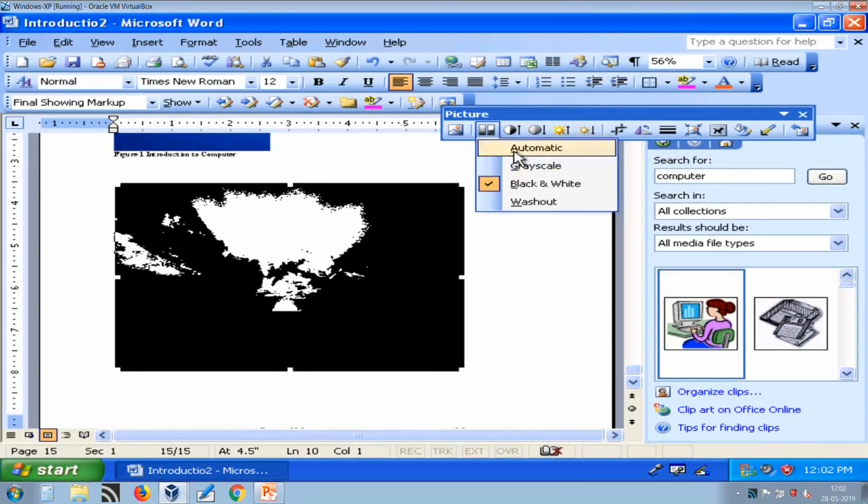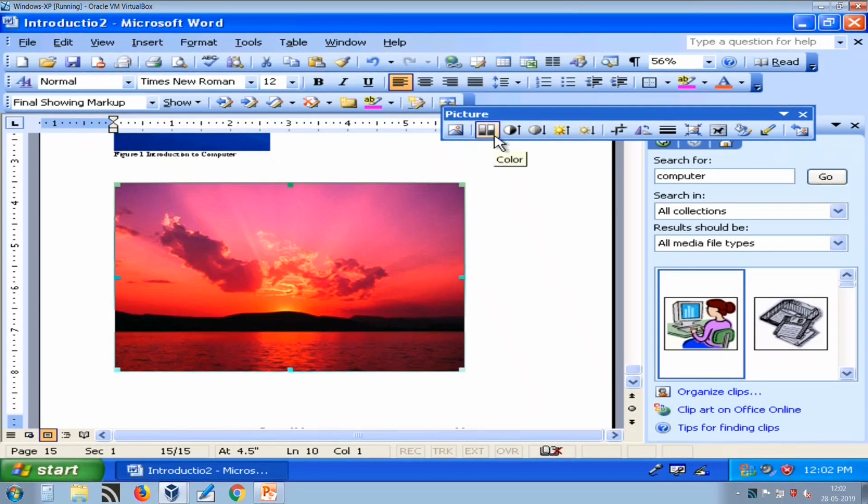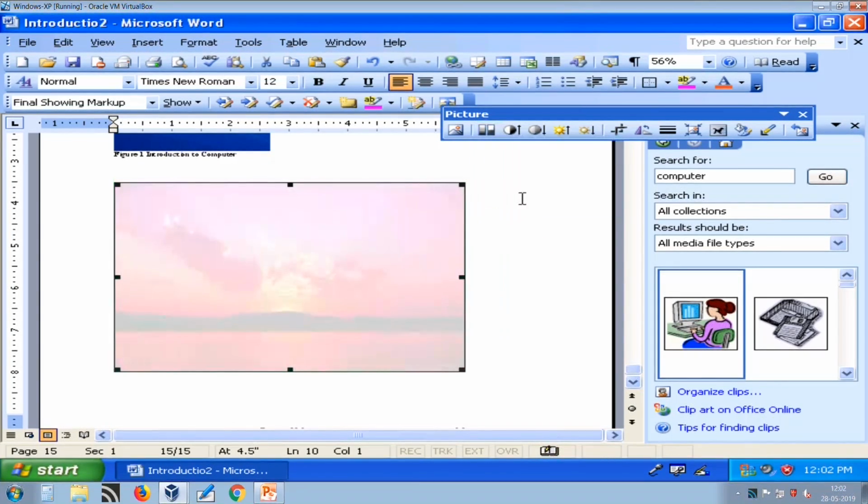And in automatic we have original picture, and when I say wash out, its transparency is decreased. So this kind of picture can be placed behind text, so that text can be read and picture can also be displayed. So this picture toolbar provides many options.